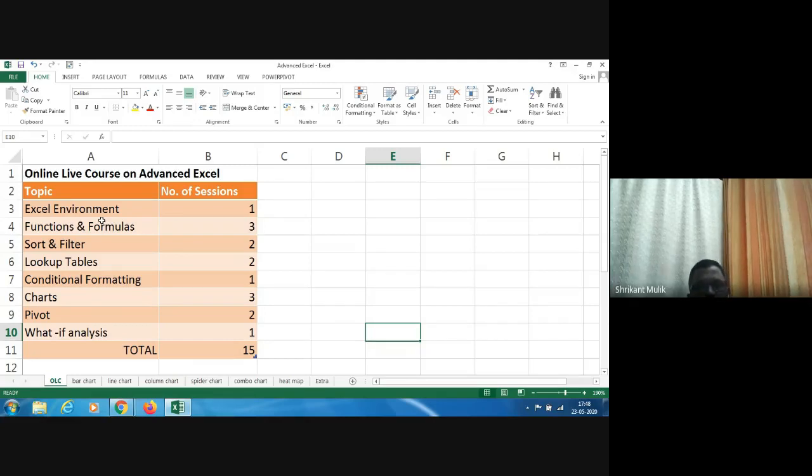I'll be using Excel 2013. You may not have the same version. You can have any version. It's just a slight difference in user interface. Higher versions have more functions, but fundamental things have not changed over the versions. But if you have anything from 2007 onwards, we are okay to go. So you need not upgrade unnecessarily. Even 2007 will do. If you have the highest version, that's also pretty much fine. Okay. So this is the plan.